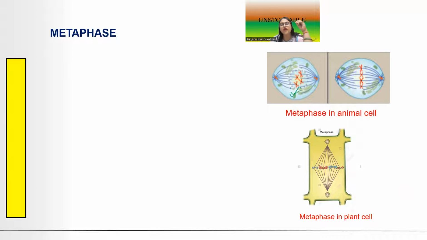तो इसका मतलब क्या हुआ कि जो क्रोमोसोम आपको दिख रहा है, X-shaped क्रोमोसोम, वो अब साइटोप्लाज्म में आ गया। Yes, because since the nuclear membrane has disappeared, nucleoplasm and cytoplasm have become one, एक हो गए हैं वो, ठीक है। तो पूरा क्रोमोसोम, the entire chromosomes, they have come into the cytoplasm of the cell, और उन साइटोप्लाज्म में स्पिंडल फाइबर्स जो कि पोल्स की तरफ से, these blue threads which children you can see in this particular diagram, these blue threads, what are they? They are the spindle fibers।